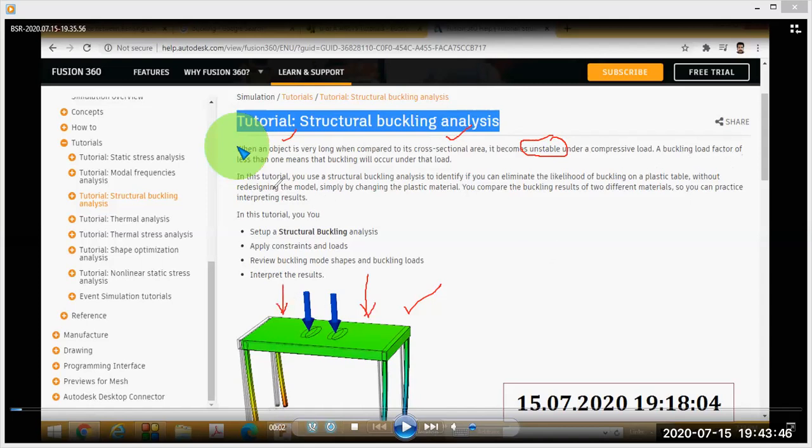A buckling load factor of less than 1 means that buckling will occur under that load. So when an object is very long compared to its cross-sectional area, this object becomes unstable because of this compressive load. That is actually called buckling.